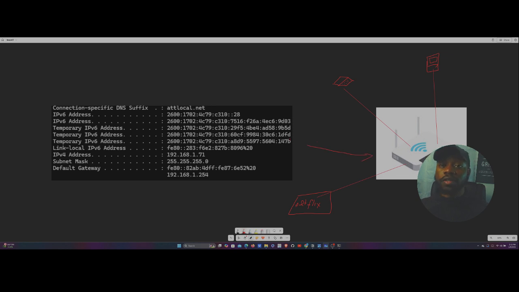And all the devices that we have, be it your cell phone, your computer, or your TV, they get connected to the router. And whenever these devices try to get some information from the internet, say from YouTube,